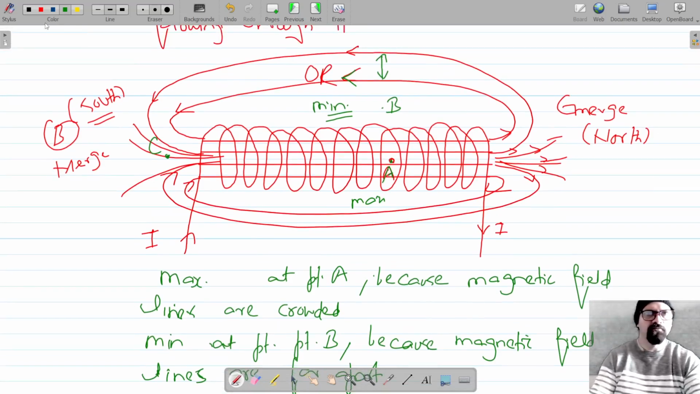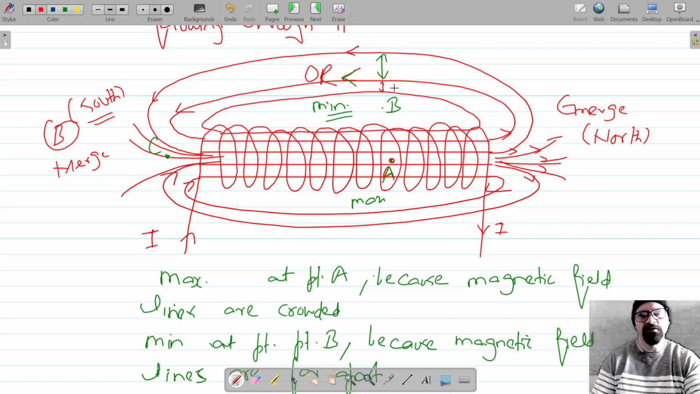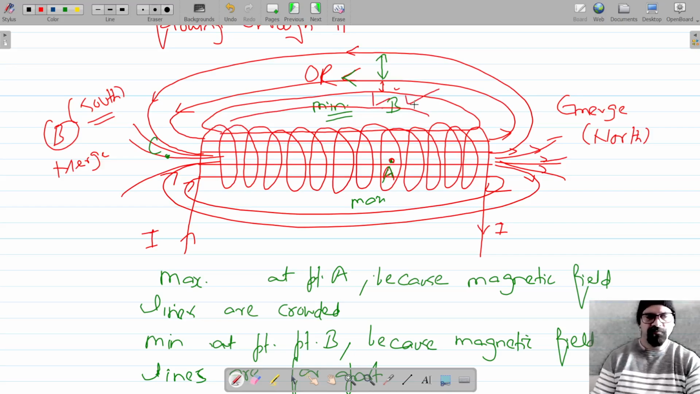Because if we draw some more magnetic field lines here, at this point, these magnetic field lines will have some distance, so they are far away from each other. Here at point B we will have one more magnetic field line which will be far away from each other. So here the magnetic field strength is minimum, it's maximum here because the field lines will be crowded here,